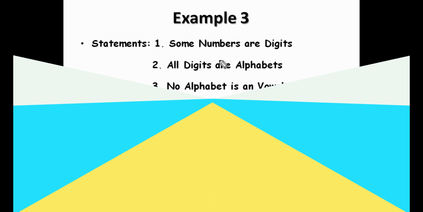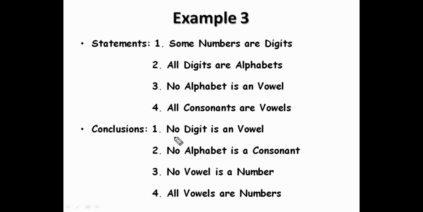Next example. First conclusion, digit and vowel. To get the relation between digit and vowel, digit is here, vowel is here, so there is a common element, alphabet. Combining these two, we can get the relation between digit and vowel. First, positivity and negativity. All is positive, no is negative, so the conclusion must be negative. That is okay. Next, can you combine or not? Because one statement is no, both are having 100 and 100 only, so at least one will be 100. Yes. So the first step is clear, and the second step is also clear.